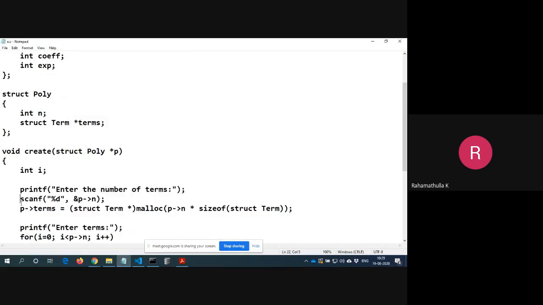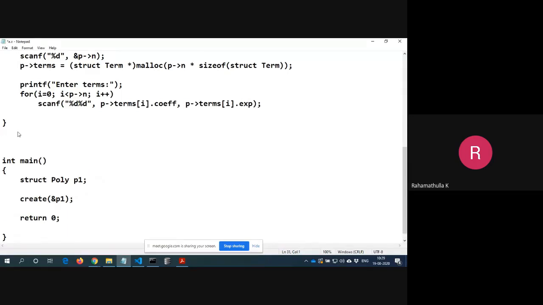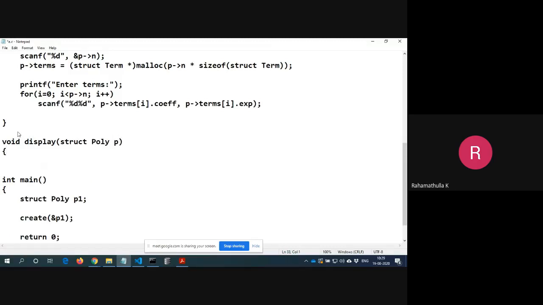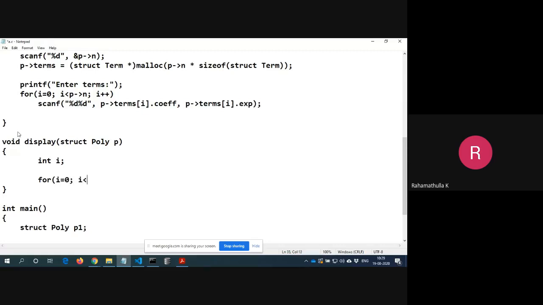Now we'll write another function for displaying it. Void display, then it will be clear. Struct poly p, int i, for i equal to 0, i less than p dot n, i plus plus.